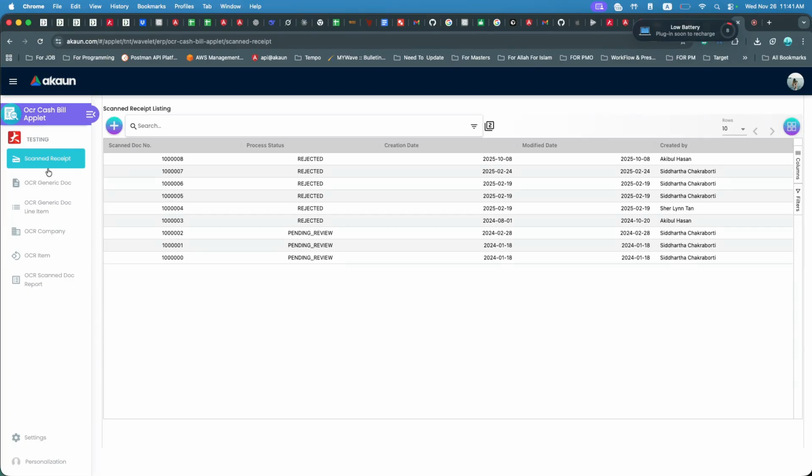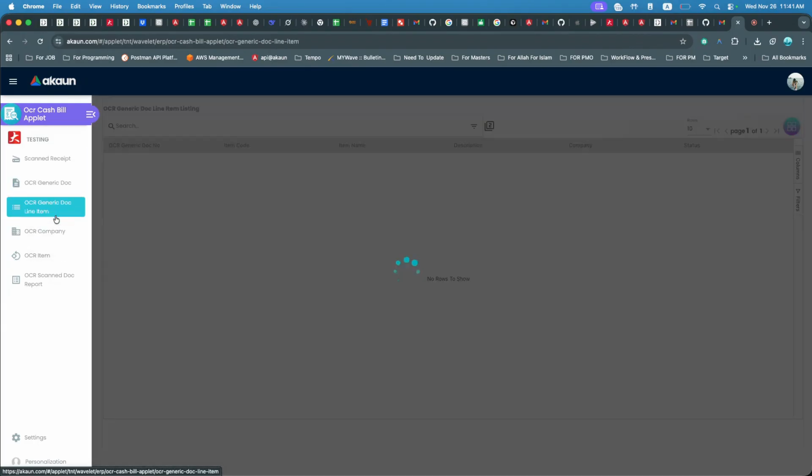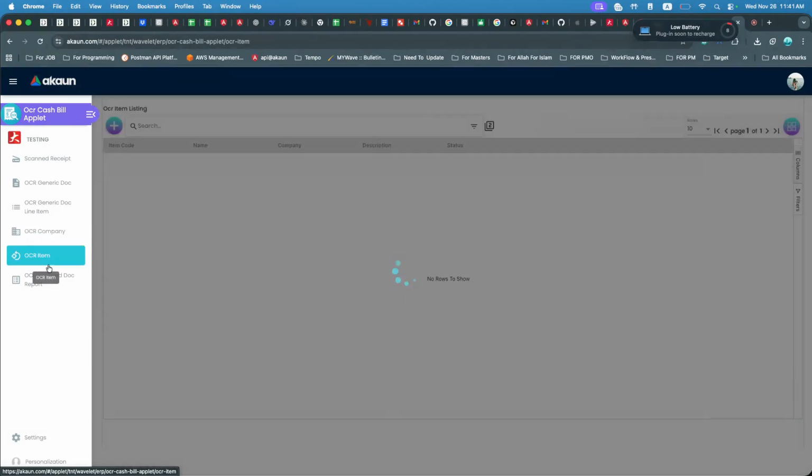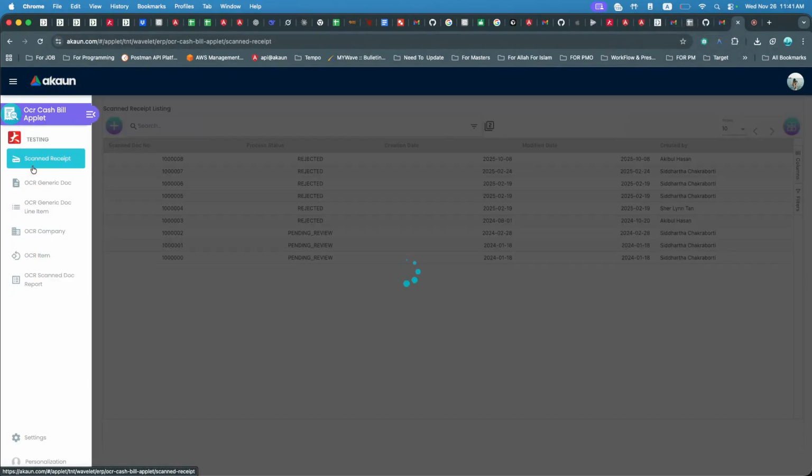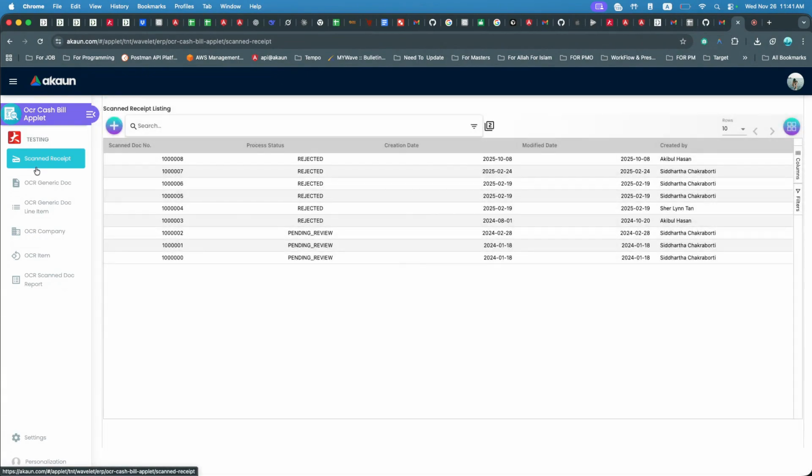First of all, we have the left side menu. As you can see in the left side menu, we have multiple menus like scan receipt, OCR generic doc, OCR generic doc line, OCR company, OCR item, and OCR scan doc report. So the scan receipt is